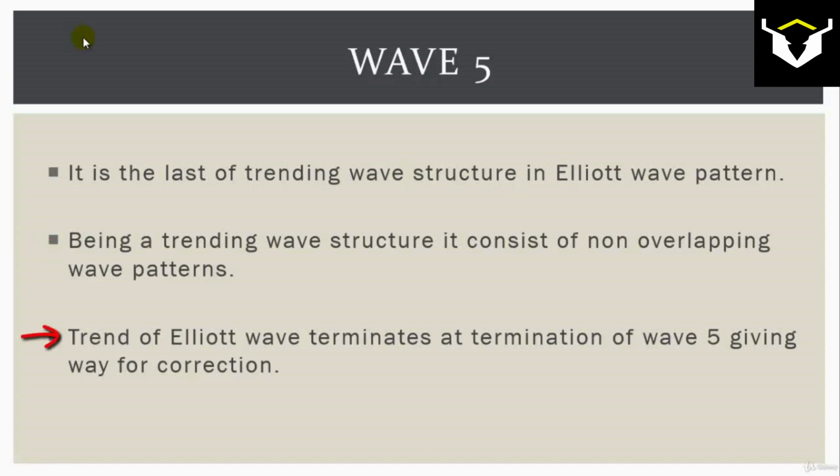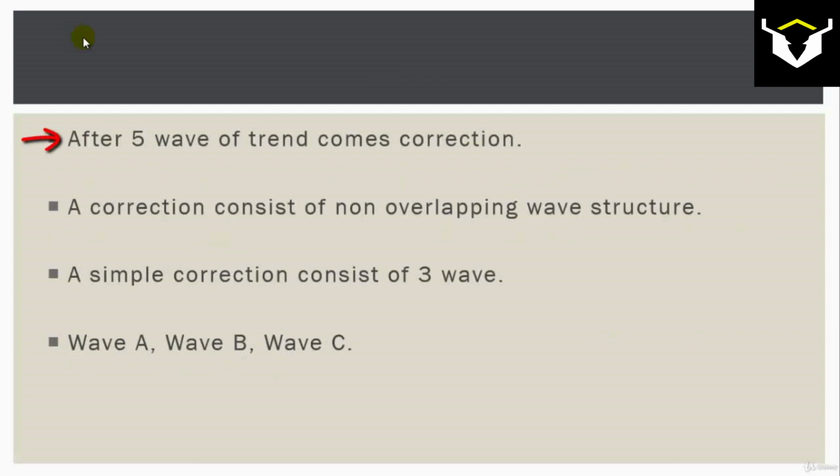The trend of Elliott wave terminates at the termination of wave 5, giving way for correction. Once wave 5 comes to an end, it will give an end to the trending wave structure and lead the way to correction. How correction unfolds is up to the market, but most of the time you will find an ABC simple correction. After 5 waves of trend